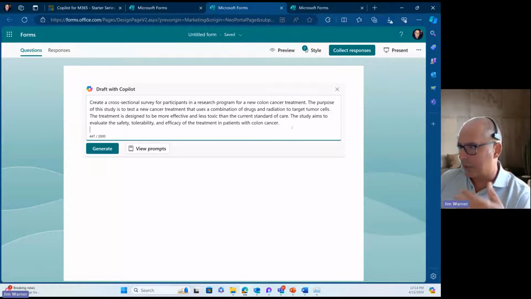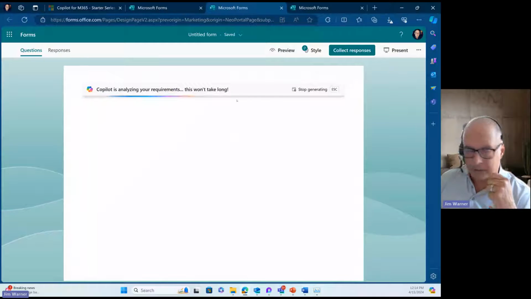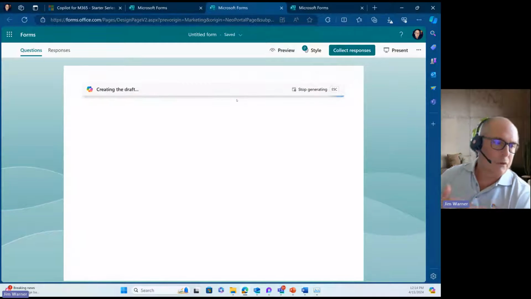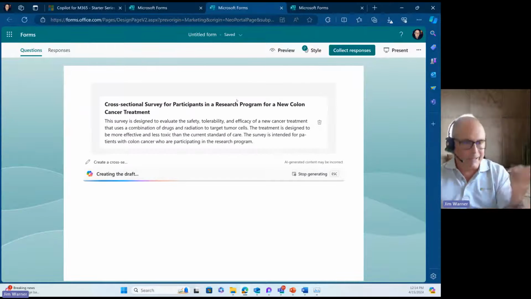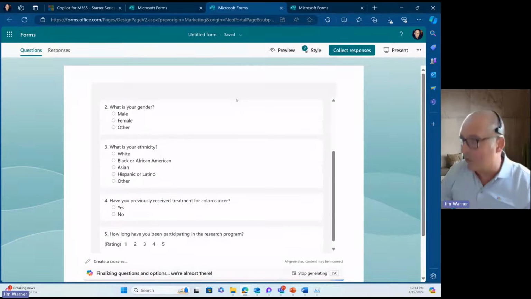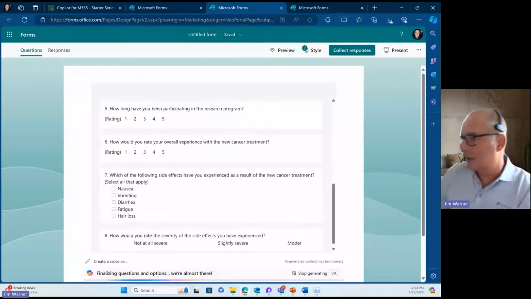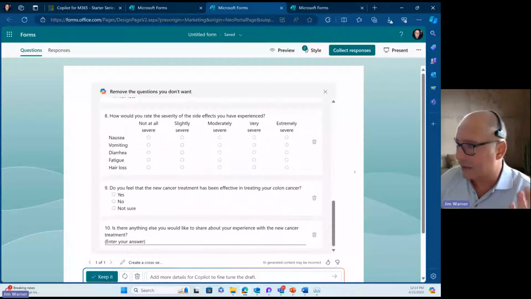The purpose of the study, right? A combination of drugs, radiation. I'm going to put this in, and I'm going to go ahead and generate this. So this should create a cross-sectional survey, and this might take, I don't know, maybe an hour of my time. It's really taking a couple of seconds here. You can see it's generated a list of